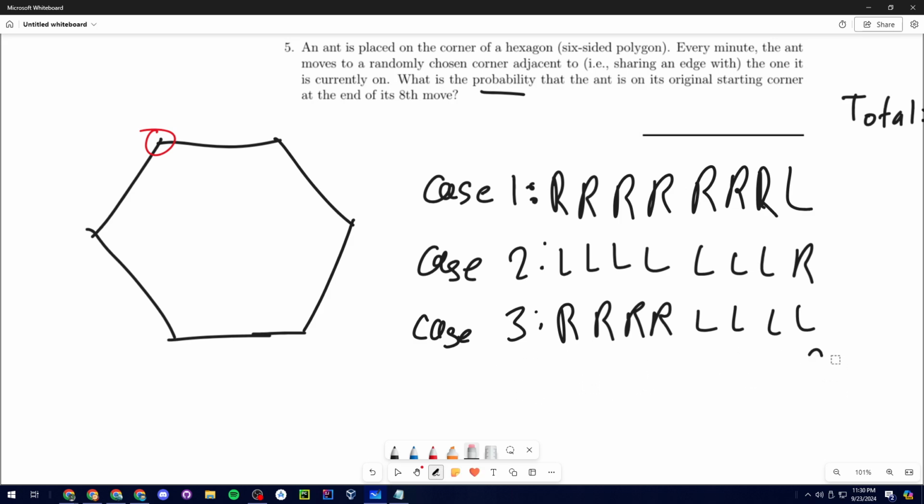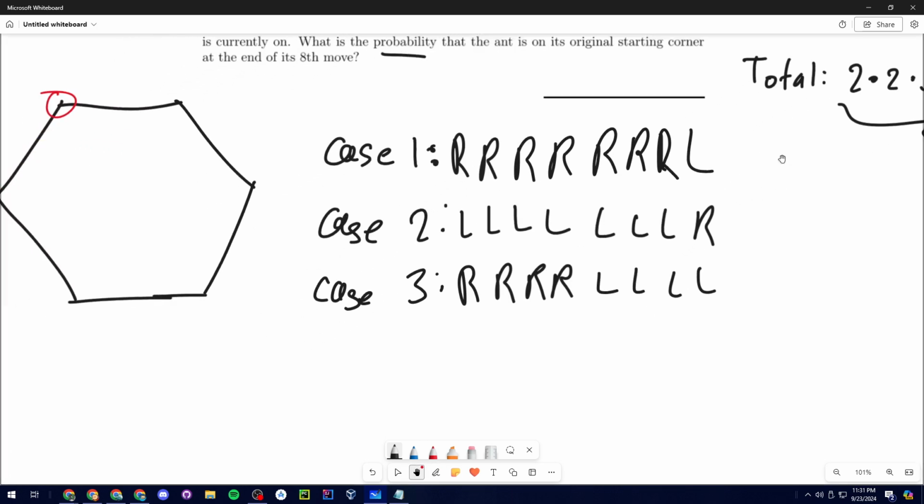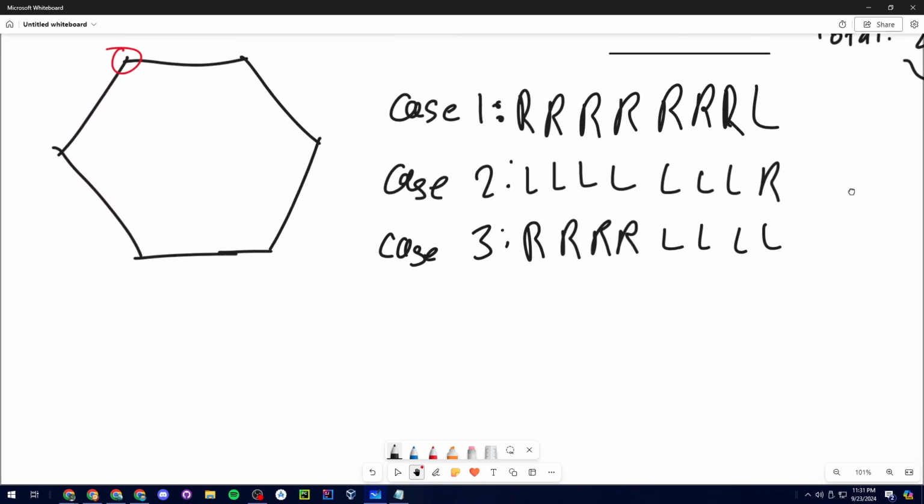So you're essentially asking yourself, how many ways are there, like I have a case, right? Is it a unique case in the sense that I can build another one of these cases from it? No, because case 2 is L, L, L, L, L, R. There's no other case that has 7 L's and 1 R. If you play around with it, you'll realize that these are the only fundamental cases you get. So now you ask yourself, what is the probability of each of these cases happening? I guess you don't even have to consider the total if you do it the way I'm about to show you. But for case 1,